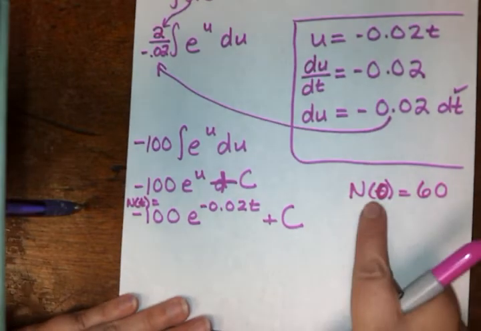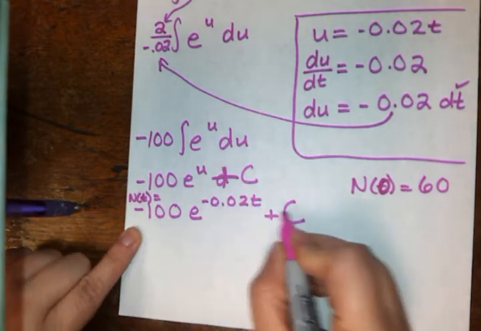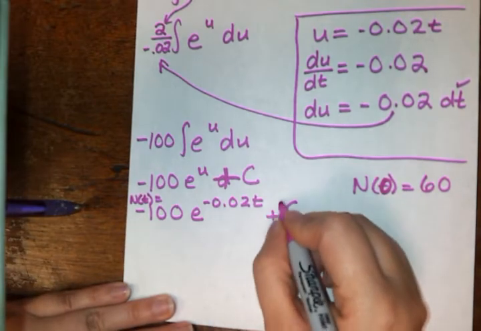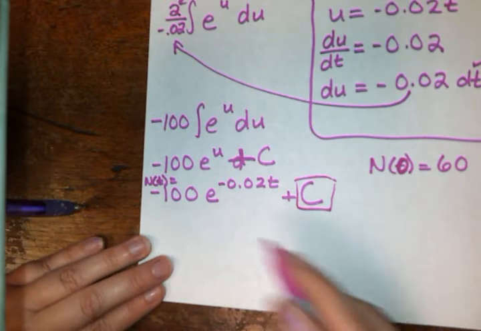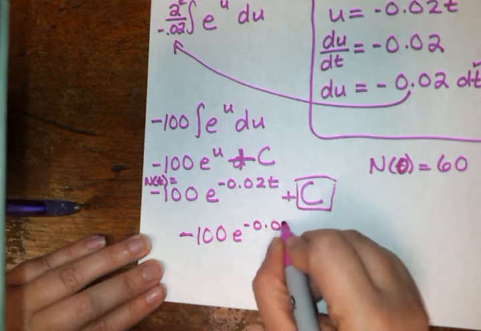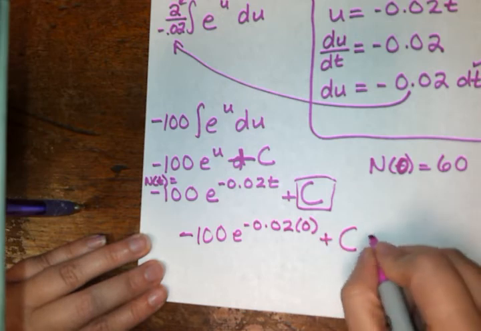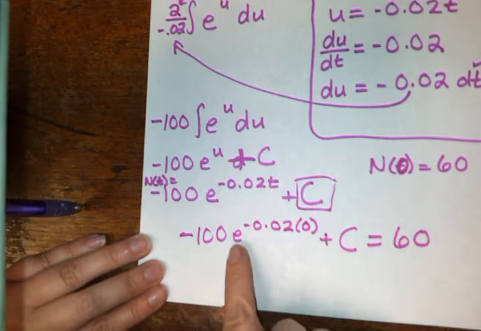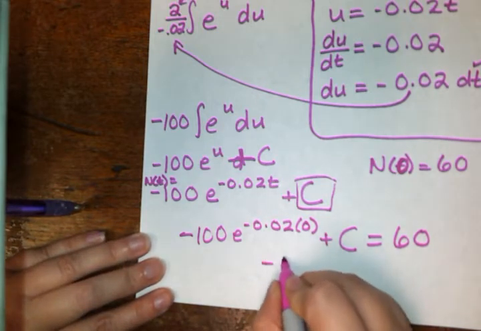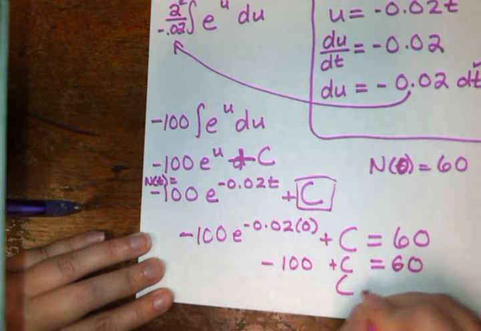Okay? So if n of 0 equals 60, and this is n of t, well, I can just plug in zeros for my t's and set this equal to 60, and then I'll be able to solve for c to fill in this blank, because I don't know what this is yet. Okay? So negative 100 times e to the negative 0.02 times 0. Okay, I'm plugging that in, plus c equals 60. Well, e to the 0 is just going to be 1, so that gives me negative 100 plus c equals 60. So c equals